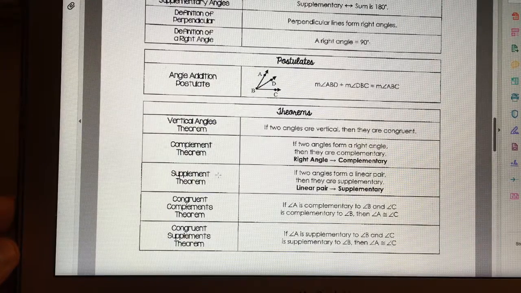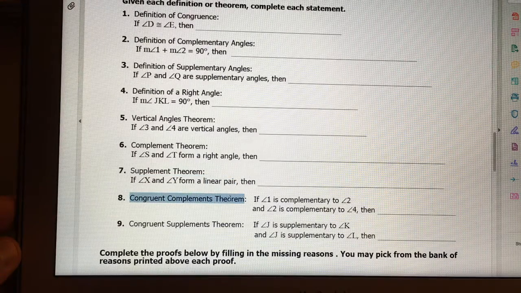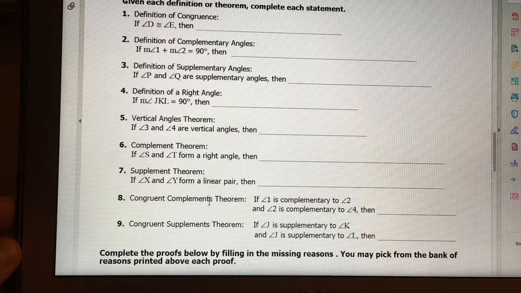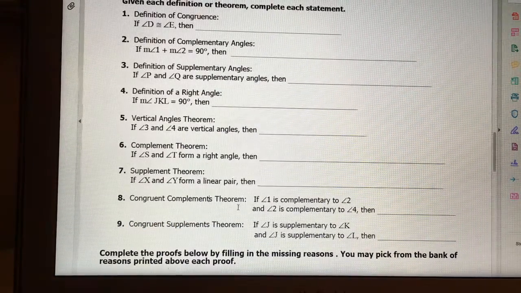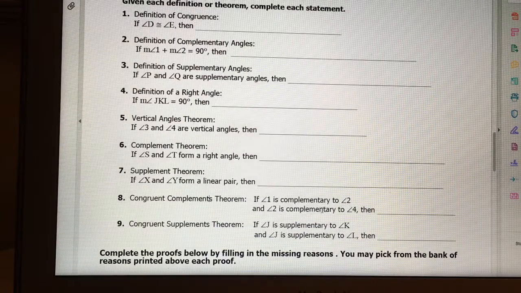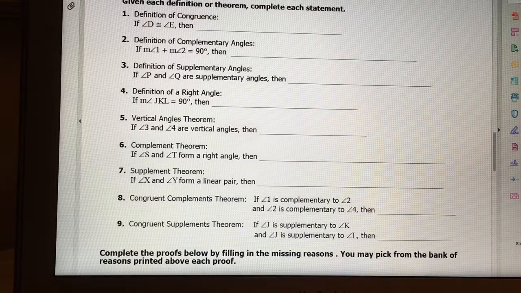All right. Next, we've got the congruent complements theorem, which is very similar to the congruent supplements theorem, which we'll talk about in a second. So, if angle 1 is complementary to angle 2, and angle 2 is complementary to angle 4, then,